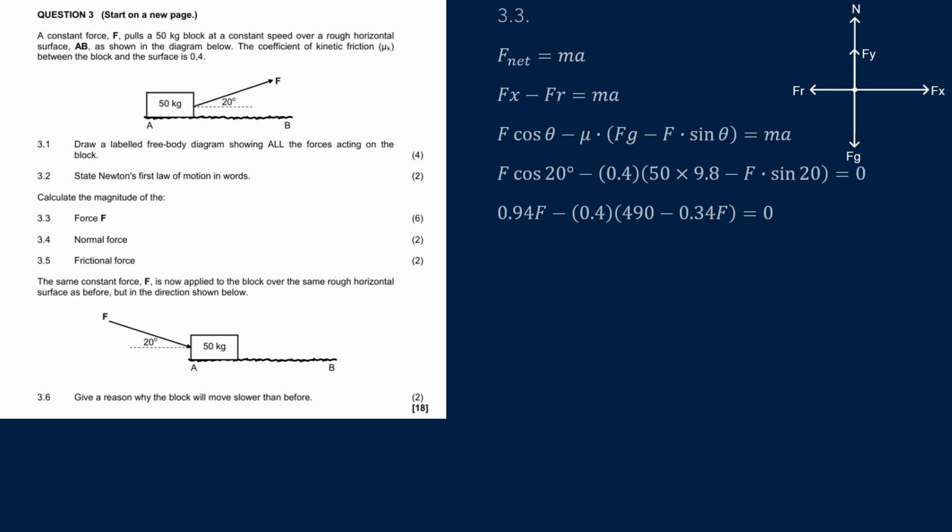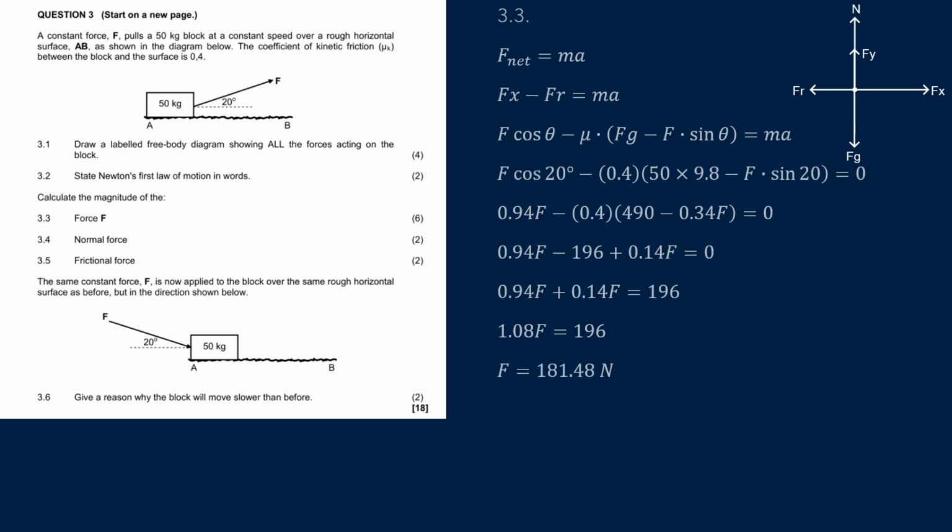And now multiplying the 0.4 into the bracket, I get 0.94F minus 196 plus 0.14F is equals to 0. And making F subject of the formula, I get 0.94F plus 0.14F is equals to 196. And hence I'll have 1.08F is equals to 196, and dividing both sides by 1.08, I get an F value